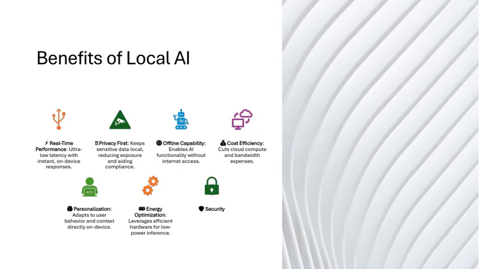Finally, implementing AI locally can also lead to better customization and control. Organizations can tailor AI models to their specific needs without depending on cloud providers, giving them more autonomy over their data and systems. Connecting this to our overall theme, embracing local AI means prioritizing privacy, improving responsiveness, and gaining control. Factors that are essential as we move toward a more decentralized and secure AI landscape.